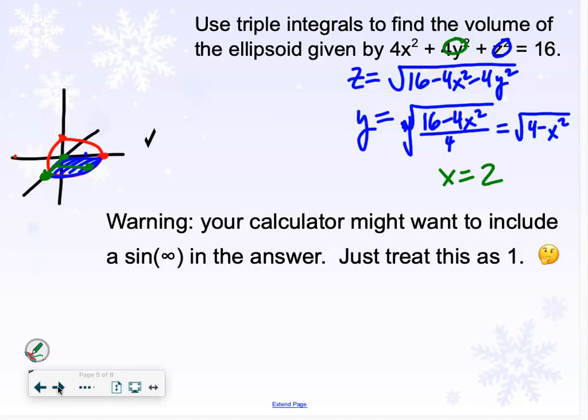Did you stay with me or did I lose you? Amal, how are you doing? So z is 0 to that function? Z would be 0 to that function, y would be 0 to its function, x would be 0 to its number. Yes. Because that's why we're doing first octant. If you can do first octant and use symmetry, life is so much easier because then all your bottoms are zeros. Could you also just do like z equals 0 and half if it's like not